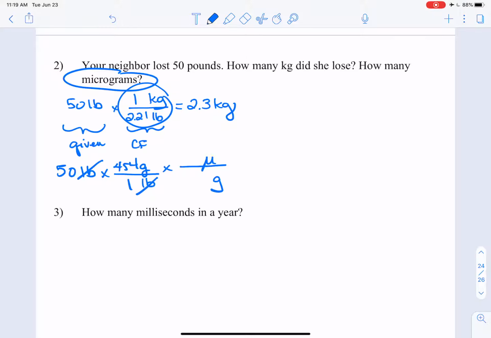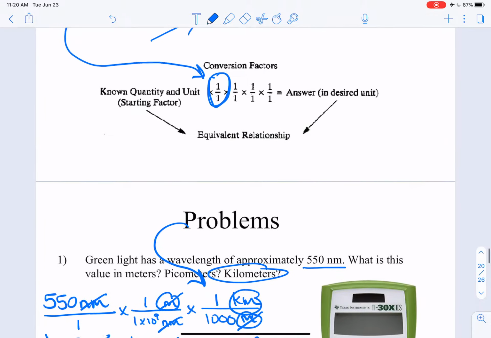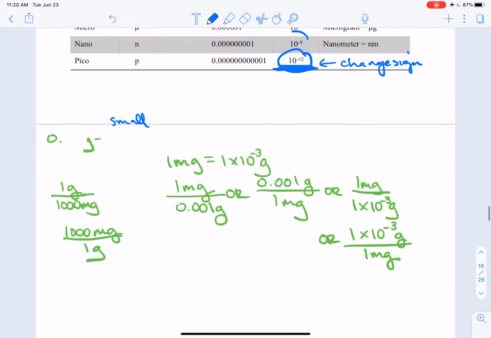So we want that strange letter mu in the top, and we want grams in the bottom, and we want to figure out what the ratio of grams to micrograms is. Now, which one is a larger unit? Grams is a larger unit, so you can get a lot of micrograms into your grams. So let's figure out how many micrograms we can get in there. So going back to our chart here,